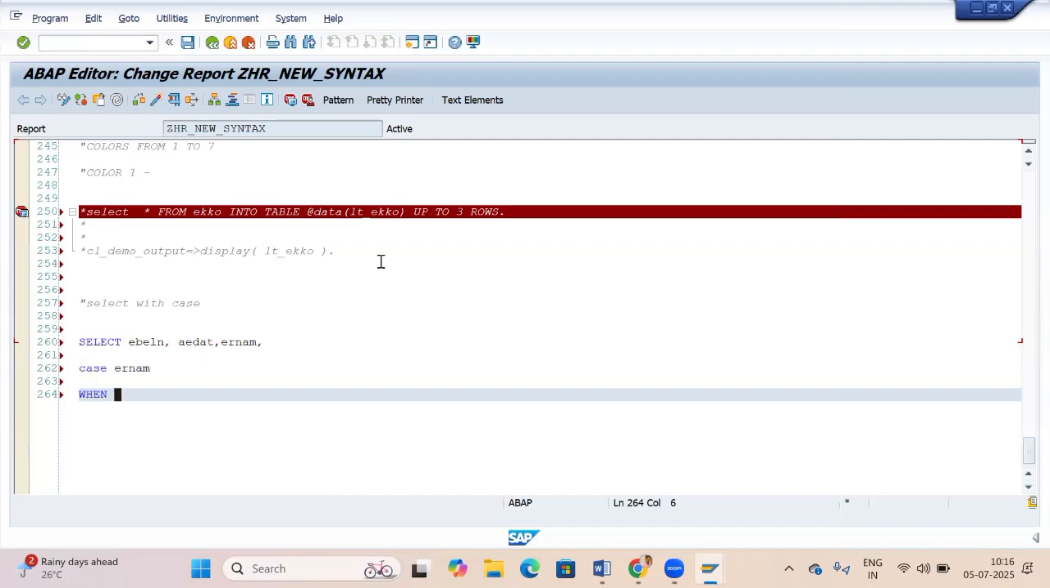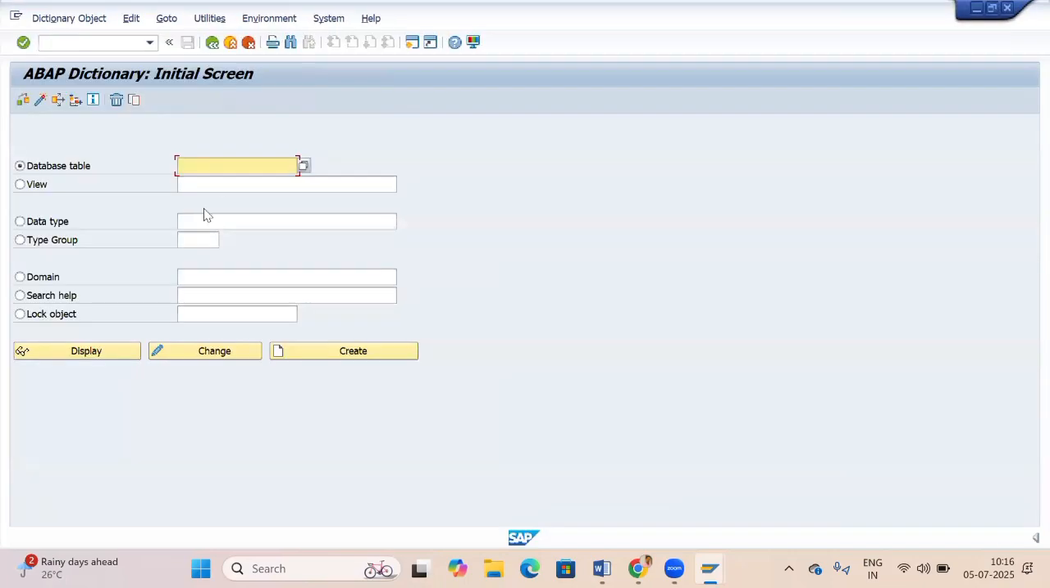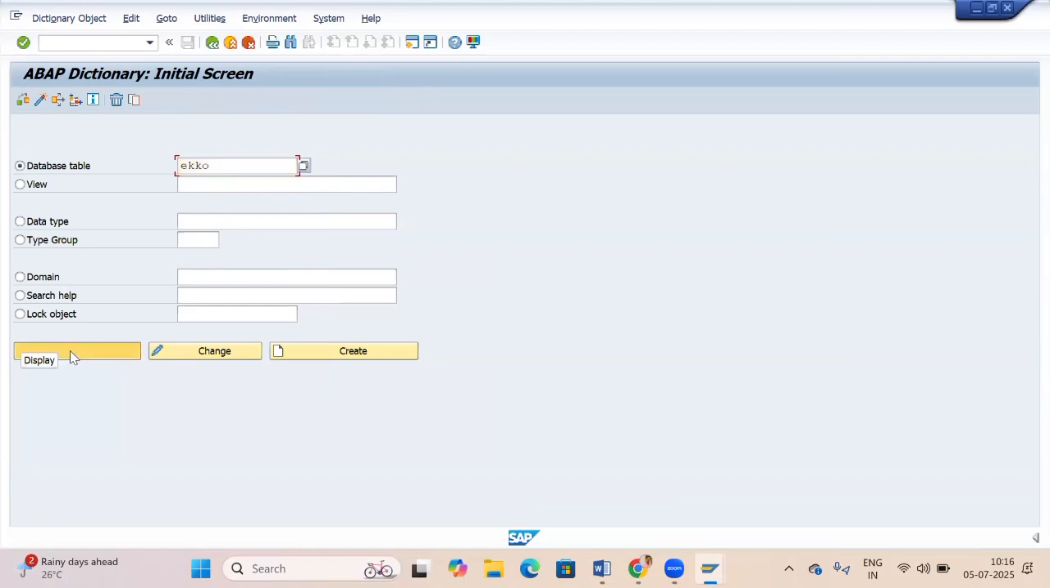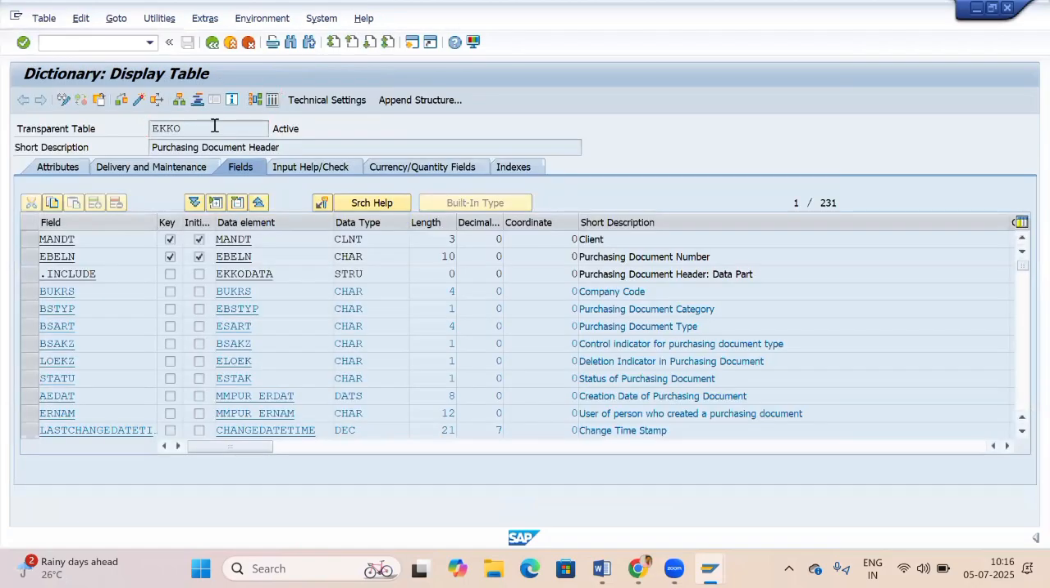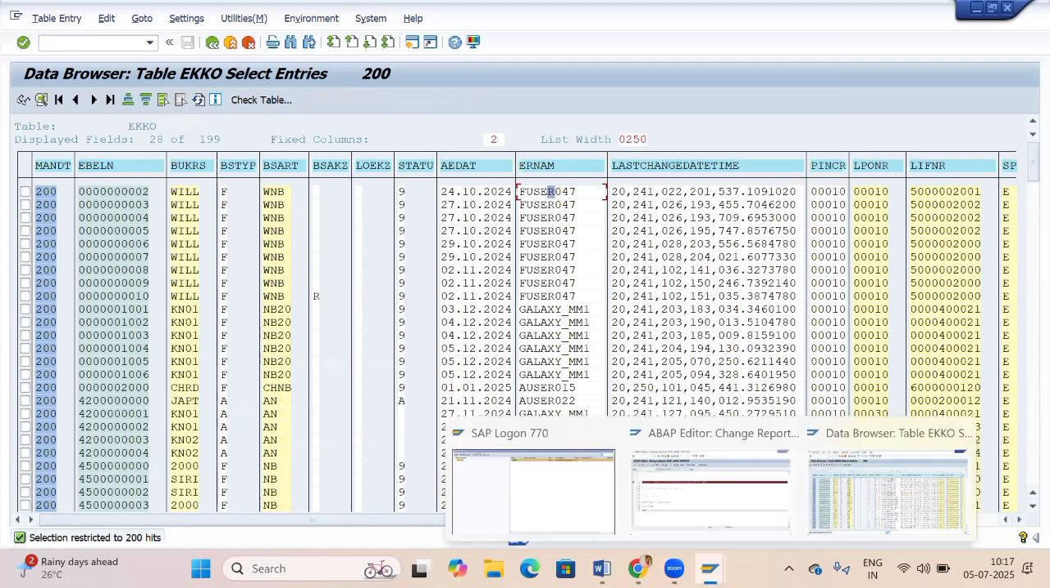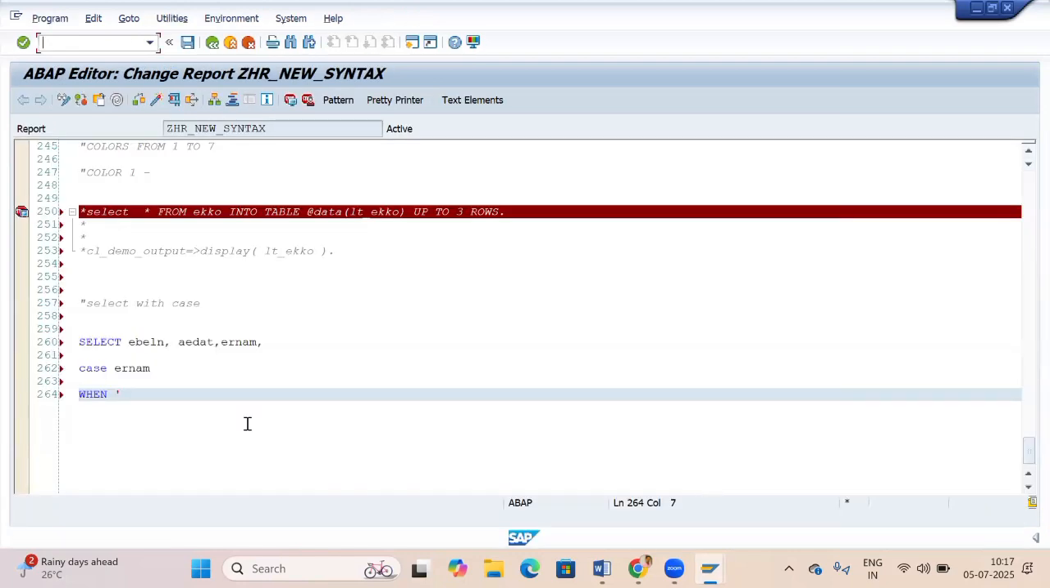For example, let me see the data at the table level. EKKO. Let me go for the display. See the entry. Here F user 047. If the purchase order was created by F user 047,